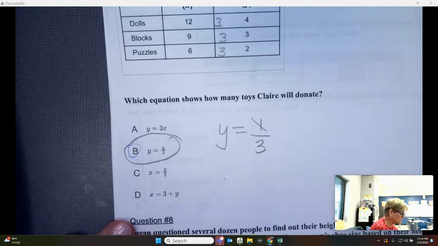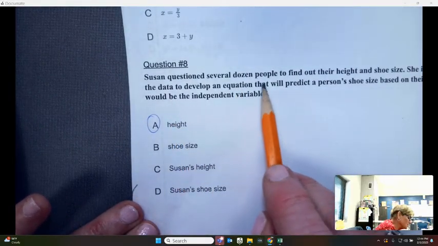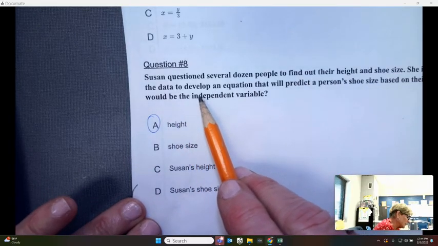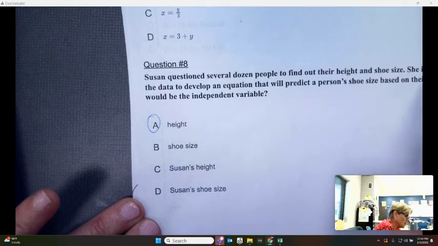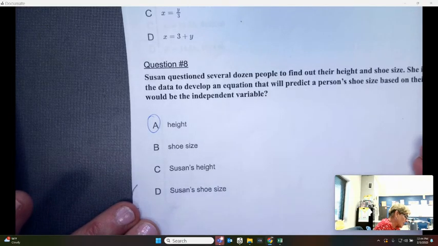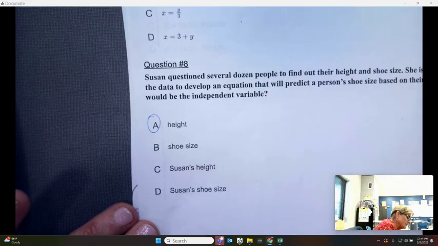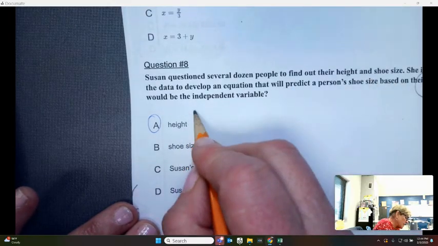All right, let's look at the next one. Susan questions several dozen people to find out their height and shoe size. She's planning on using data to develop an equation that will predict a person's shoe size based on their height. So the shoe size is going to be determined by their height. What would the independent variable be? So if their shoe size is determined by how tall they are, the height would be the independent,